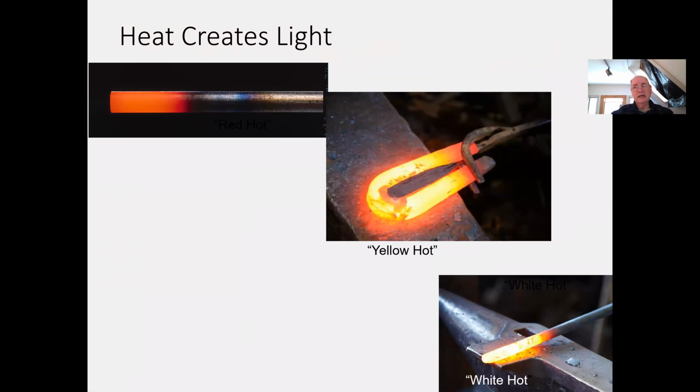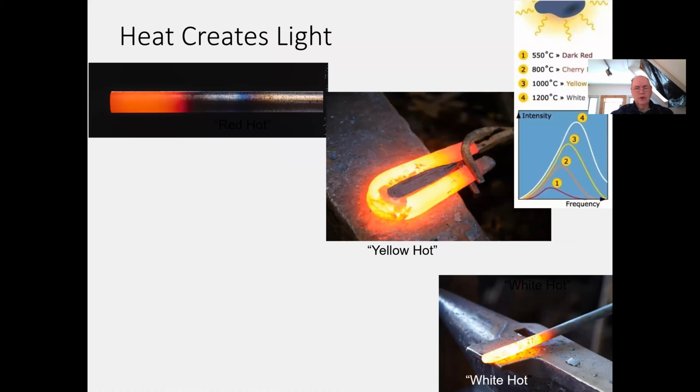And the hotter something gets, we've noticed that it actually changes color. We have the expression of red hot, yellow hot, and even white hot. What's going on with white hot, of course, is we know that white light, sunlight, is a combination of all the colors. What's going on as the solid materials are getting hotter and hotter, the spectrum of light